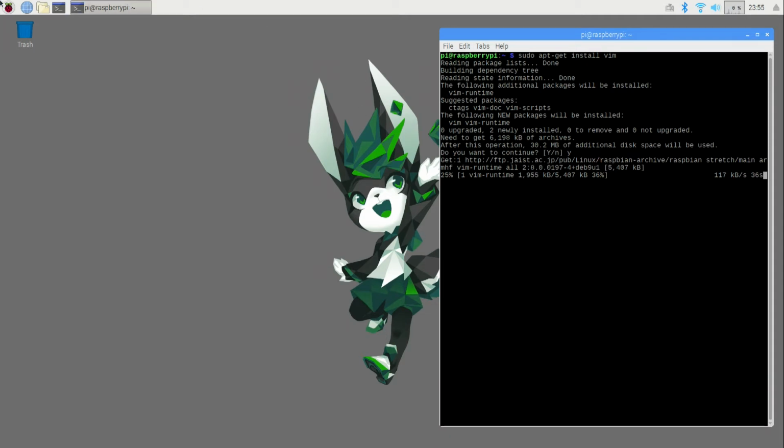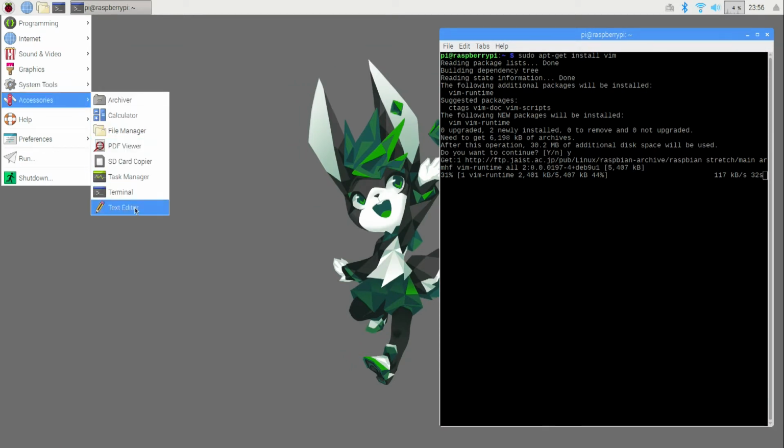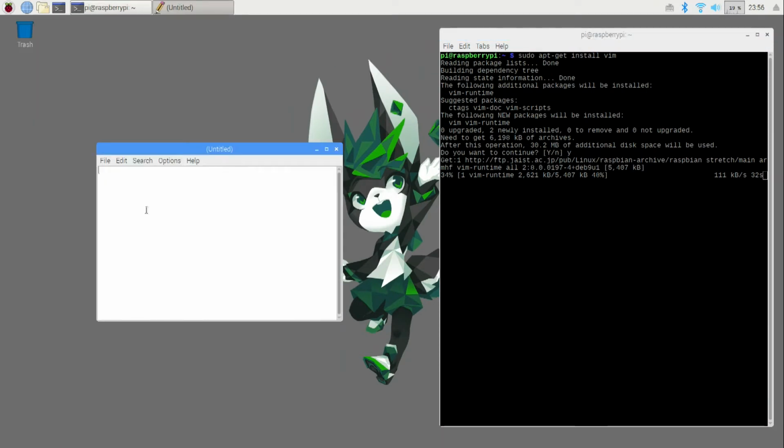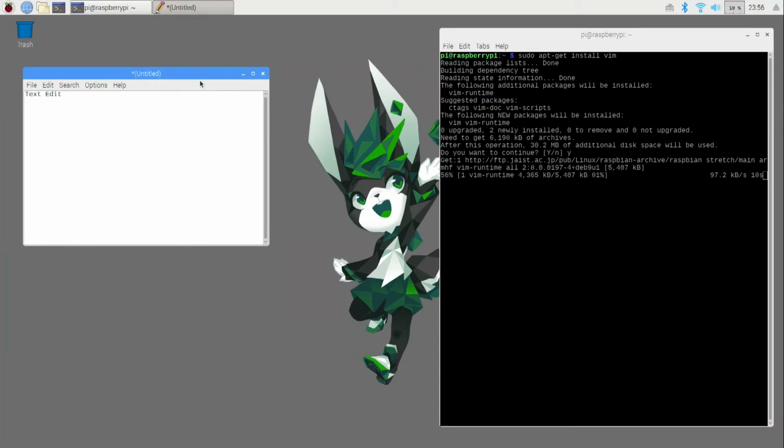Now there are text editors. Let's see, system tools, accessories. There are basic text editors, and probably most people are familiar with a normal text editor like this, which is just a graphical text editor. We're going to be using Vim, which is on the command line. It might be a little different from what you're used to, but